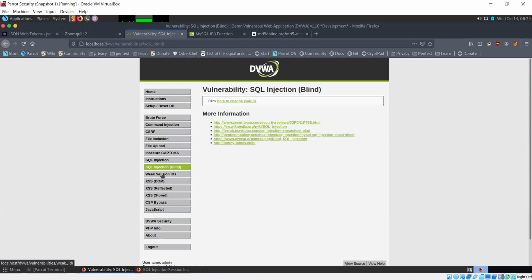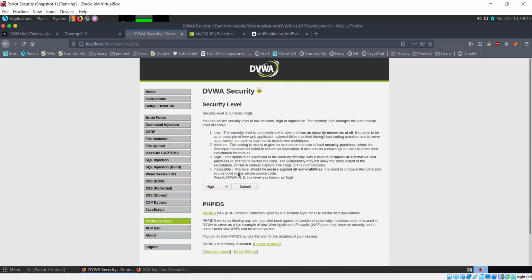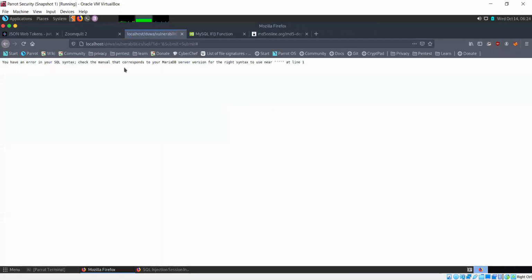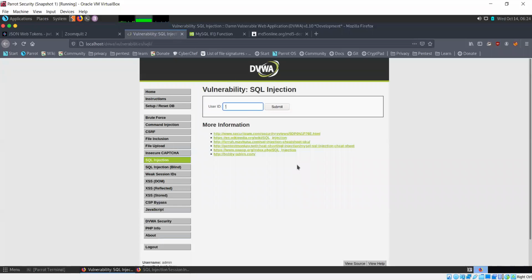And why is this called blind SQL injection? Because previously, when we saw SQL injection, when I entered this semicolon, it gave me an error. Whenever I had any error in my syntax, it would explicitly tell me that this is the error. When I ran any query, it gave me the results.